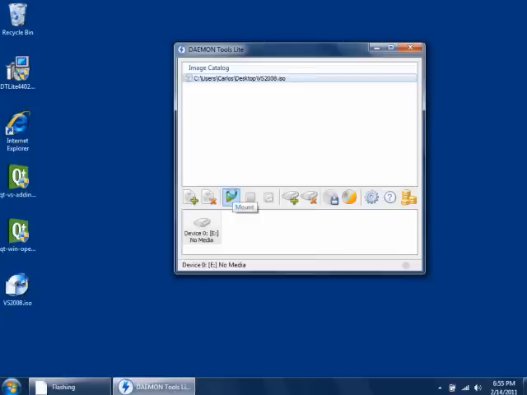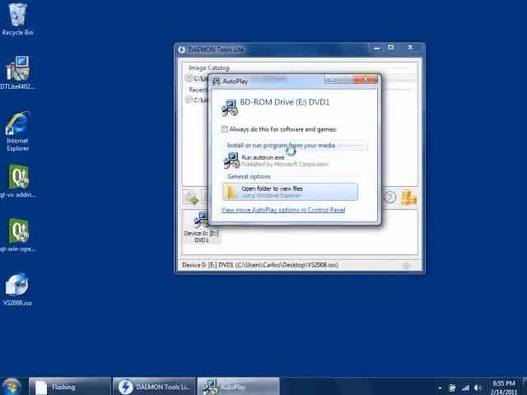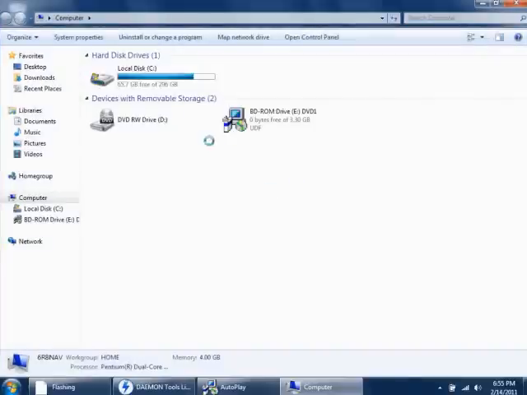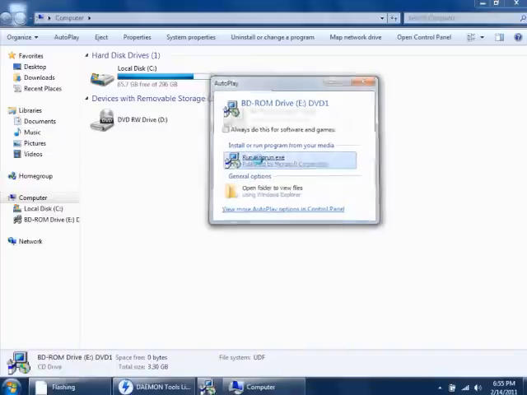So you want to mount this. What this basically does, it's like a virtual CD drive, and you're gonna be able to install the program, like I said, without the need to burn it on a DVD. So just click on this play button and you get this, like a folder, and just click on the auto run. If you don't see that, you go to your computer, and as you can see, it's there, just like another CD drive. So I'll go here, auto run,